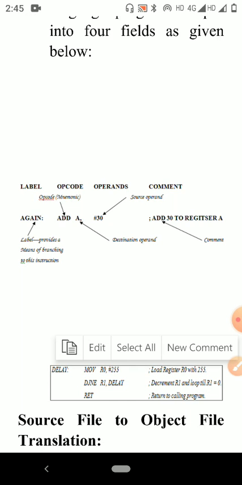Okay, let's consider one more example. Add two numbers, 25H and 10H, and store the result in a register, like the R0 register.